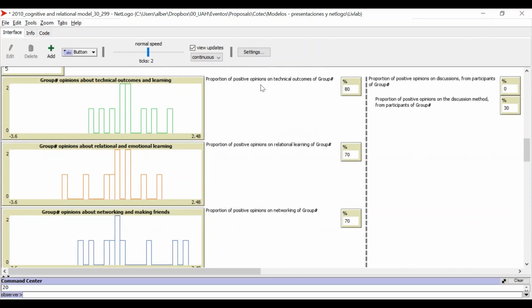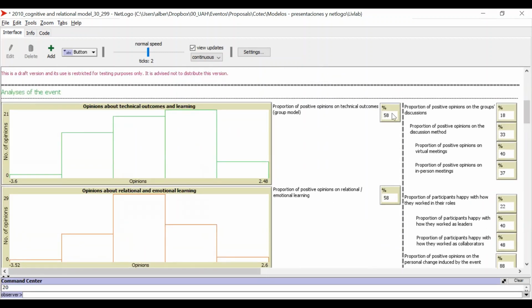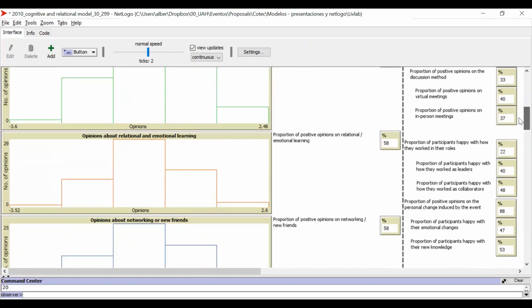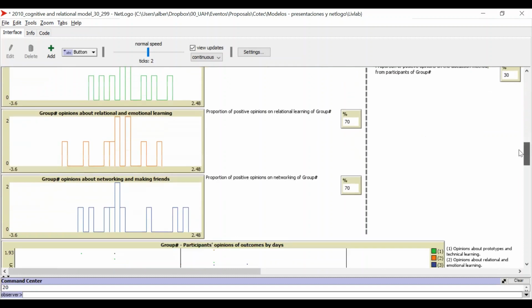For example, in this case, the opinions of the technical outcomes are very positive in this group, which are less positive for the pool of total participants. So this is a group that really values a lot the event, whereas other groups probably lower the average of the positive opinions